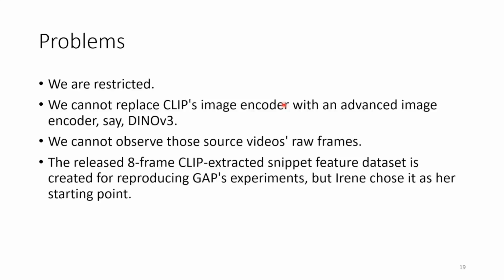And because we don't have the raw videos, we cannot observe whether the label is correct or not for the raw video. So that's the reason why I showed you the three example videos where the annotation is highly inaccurate. If we had the raw video, we could measure where we need to update those labels, or whether we need to ignore those labels. But no, here we cannot. We only have the CLIP pre-extracted features.